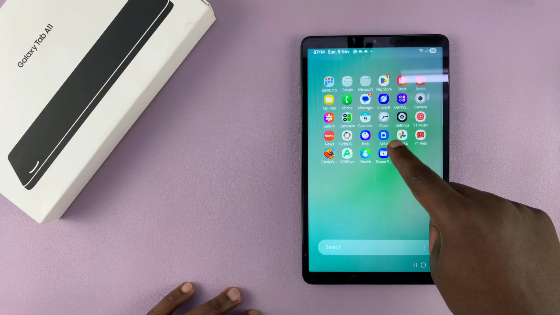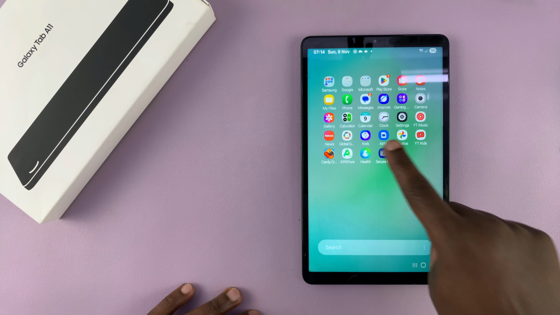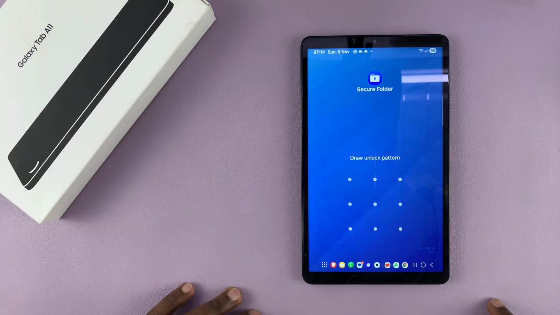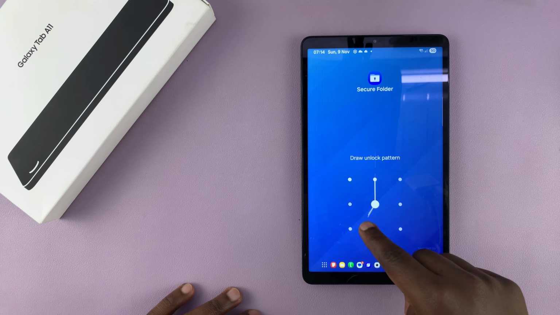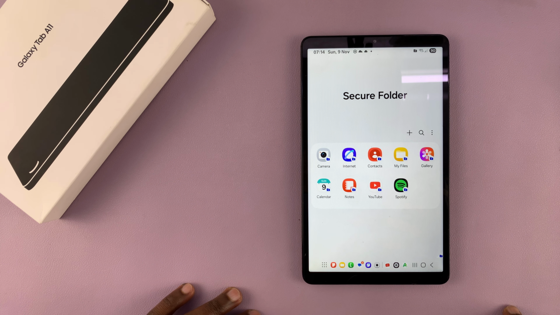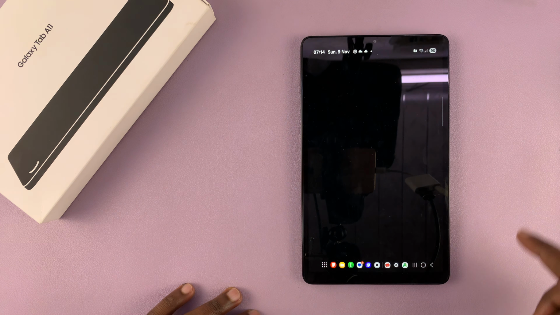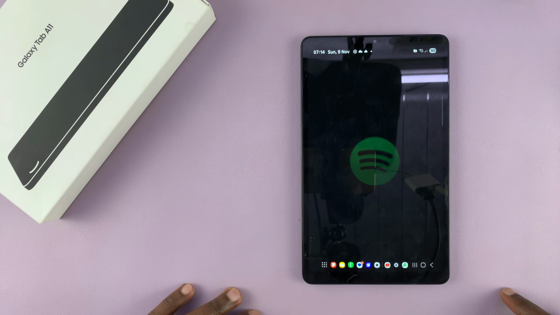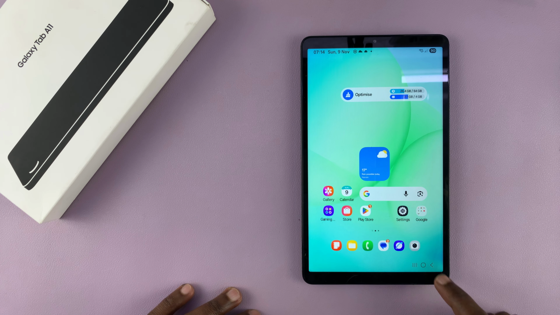So when you want to find or to use a locked app, you need to go to the secure folder, and of course that's password protected. So you have to enter the correct PIN or password and then launch that app from there. Okay, so that is basically how to hide and lock apps on your Galaxy Tab A11